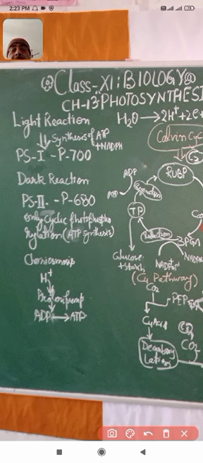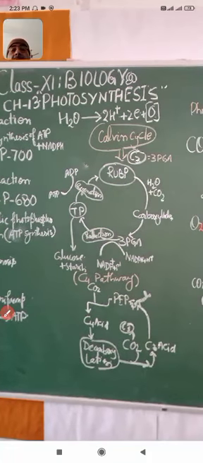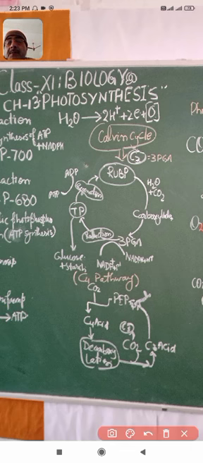Dear student, now come to where these molecules like ATP and NADPH are going. They are going for further utilization in the C3 and C4 pathways. The C3 cycle is simply the Calvin cycle, while the C4 pathway is something different from the Calvin cycle. In C4 plants both pathways, C3 and C4, are active, while in C3 plants only the C3 pathway is present.